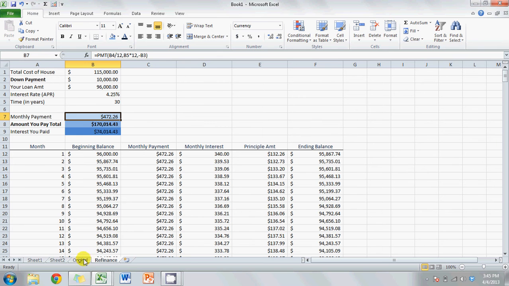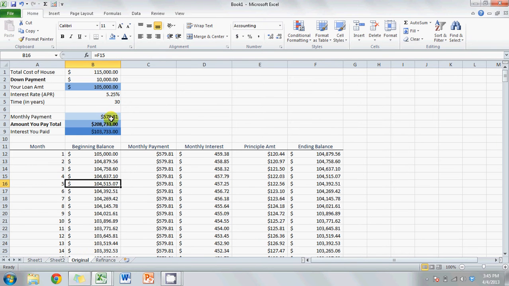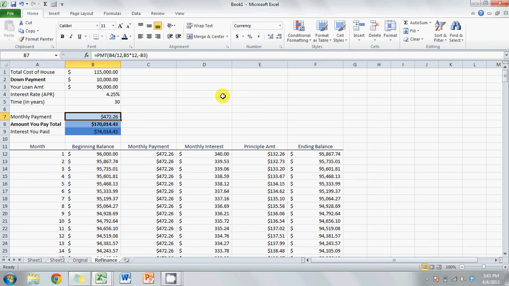off quicker. Now, if you want to pay your house off quicker, right? Then what you want to do is this is your new monthly payment. So your new monthly payment's lower than it was before. And it looks like it is lower by about $107. So what we're going to do is we're going to come down here. We want to make sure that if you want to actually pay your loan off quicker than the 25 years that you had left before, you want to come up here